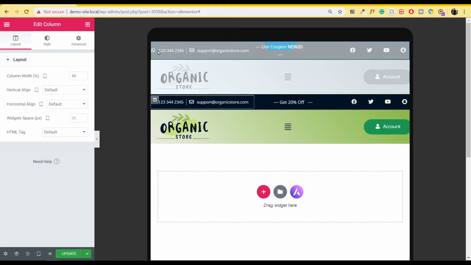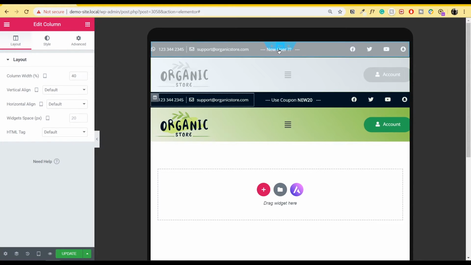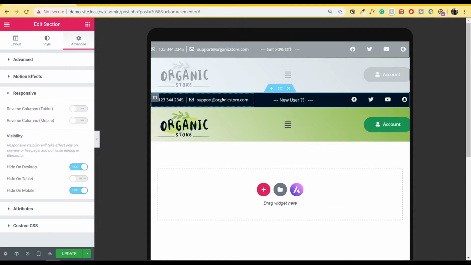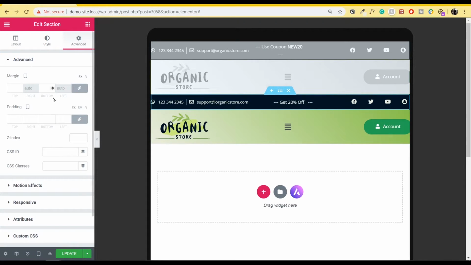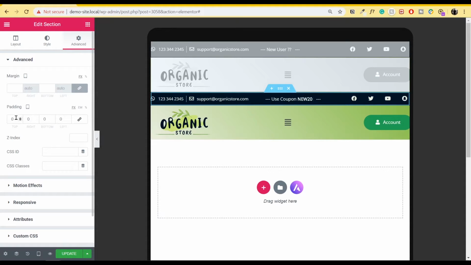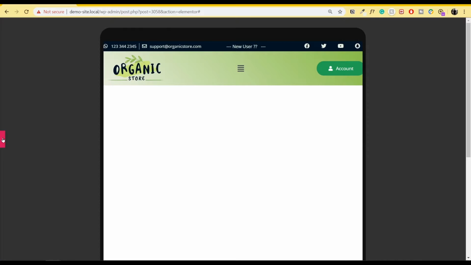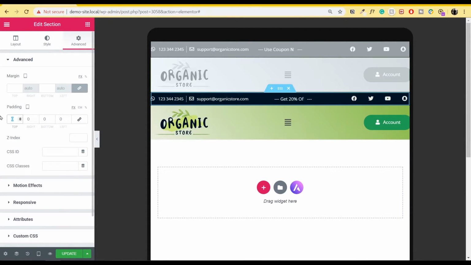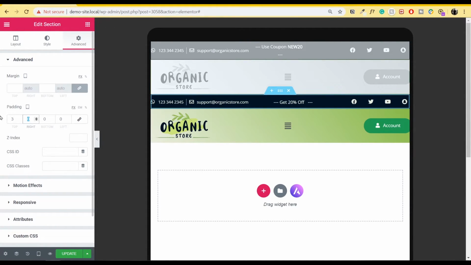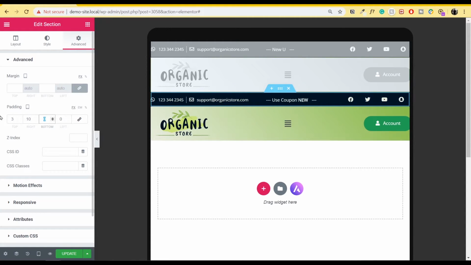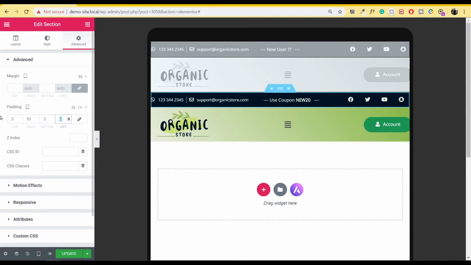As you can see, some of the content is stuck to the end because there is no padding here. So what I'll do is go to the section again, go to advanced. Inside advanced, I'll go to where it says advanced. Inside padding, first of all, I'll unlink these values. So this gives the value of 0, 0. So if I hide it, you'll see everything is too packed together. So on the top, I'll give a 3 pixel space. On the right, let me give a 10 pixel space. On the bottom, I'll get a 3 pixel space, and the left again 10 pixels.